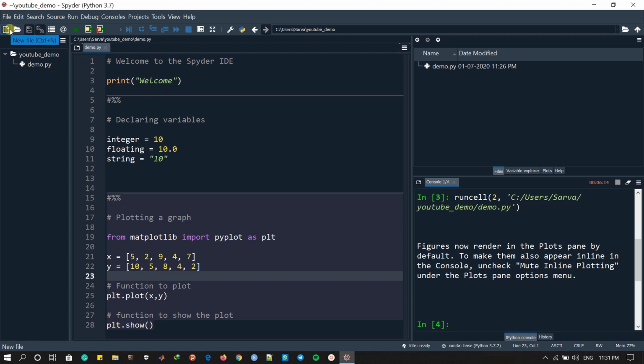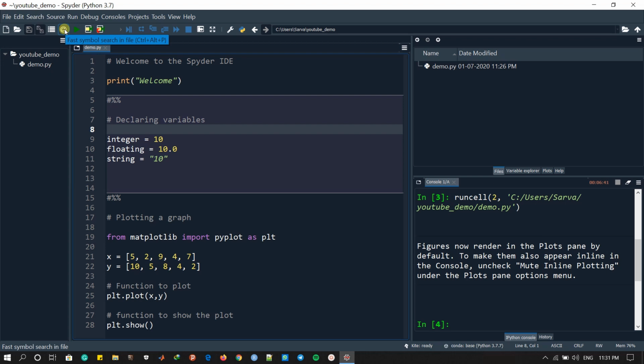First of all, to start with this new file option, you can create a new file by clicking on this. This is the open file option, this is the save option, this is the save all files option, this is the fast switch between files option, where you can switch between different files by clicking on this one. Here all the files will come as a list.